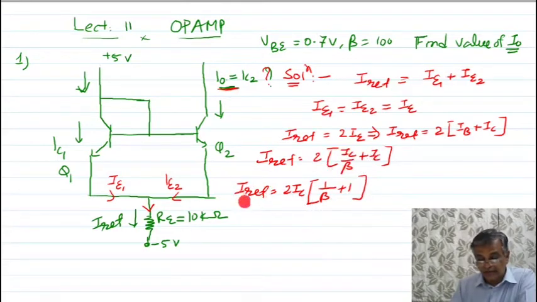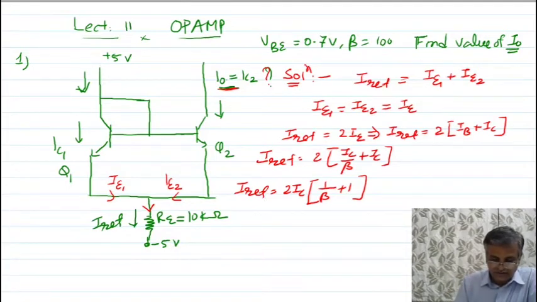So now let us find the I reference. If you find the I reference, you can find the IC. Look here, how to find the I reference. Look at the circuit. This voltage you connected here, plus 5 volt. This is a minus 5 volt. So between this point and this point, total voltage is 10. This is plus 5, this is minus 5, so total voltage is 10. So this 10 volt is equal to this voltage, that is your VBE, plus this voltage.